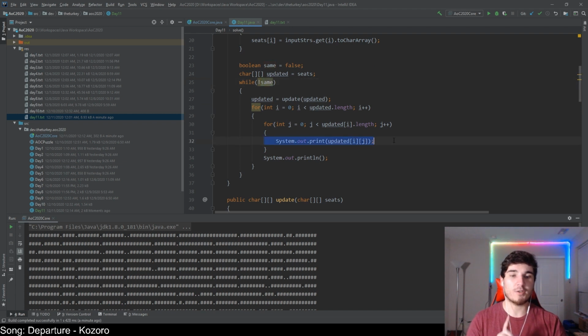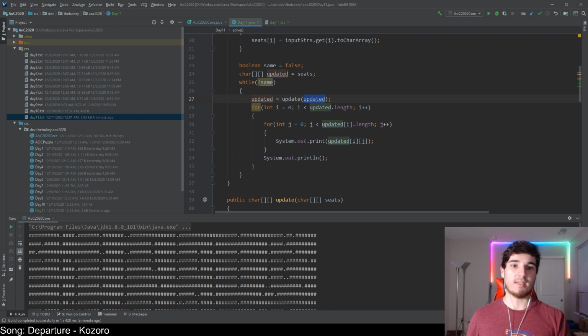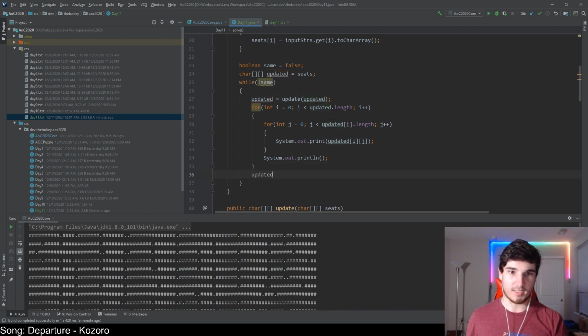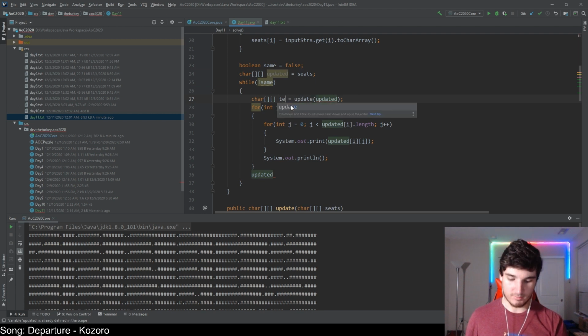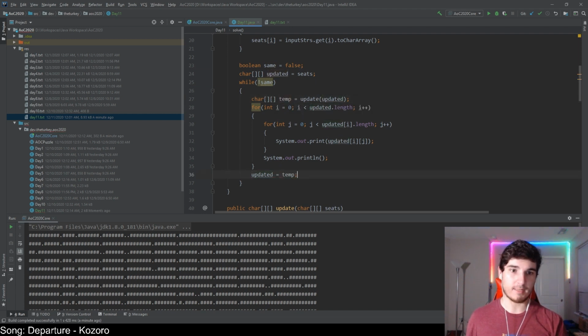And what we're going to do here is we're going to check. Oh, but this is going to be, we need to do it differently. We need to do updated. We need a different char right here. This is just going to be temp. Okay, so what we need to do here is we need to go through each of these, and we need to